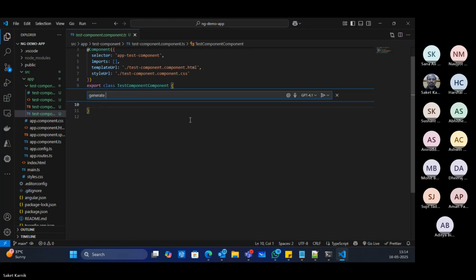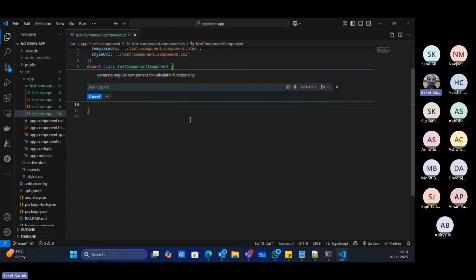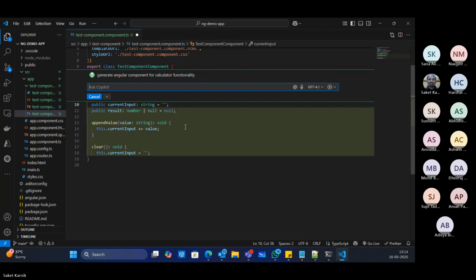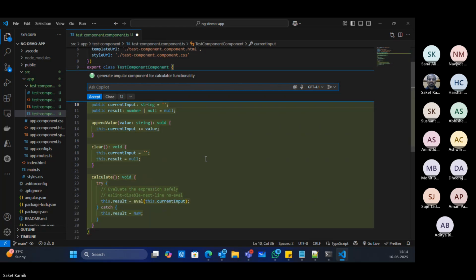And here I say Control I, generate Angular component for calculator functionality. Right.